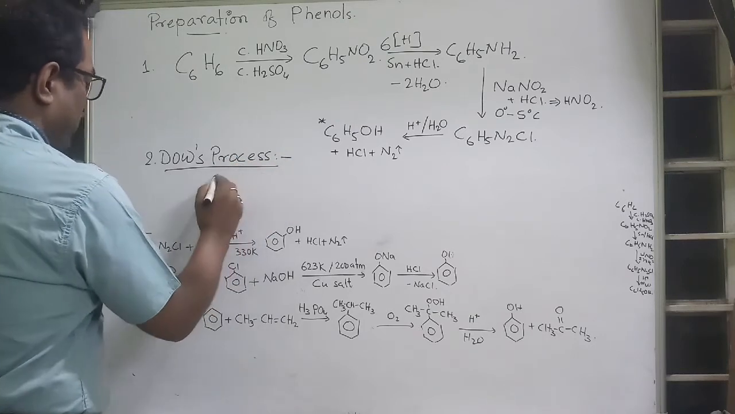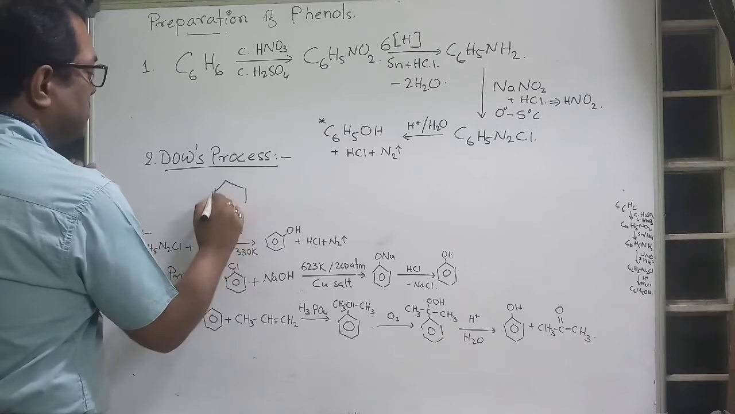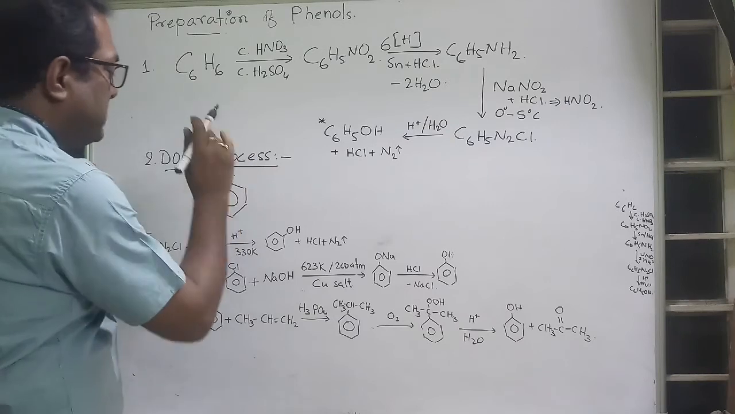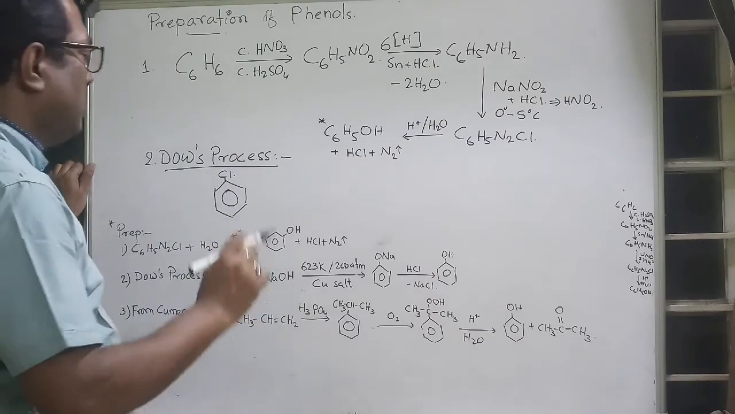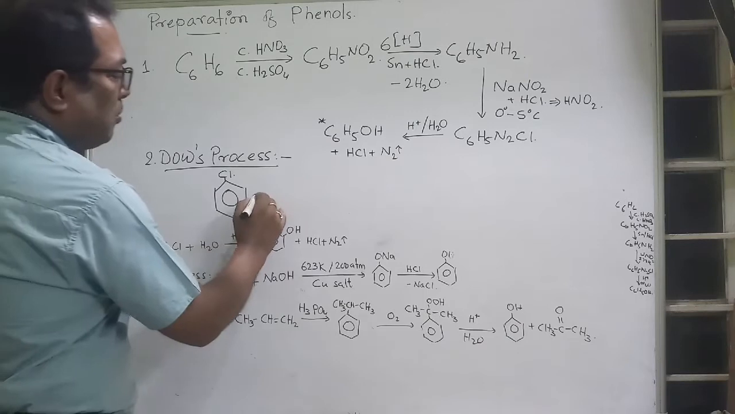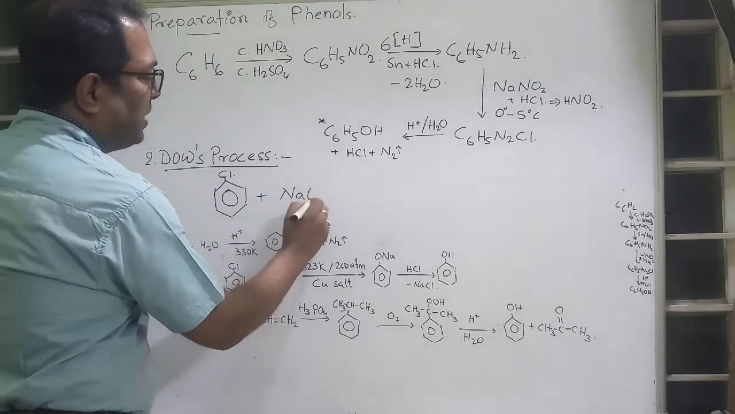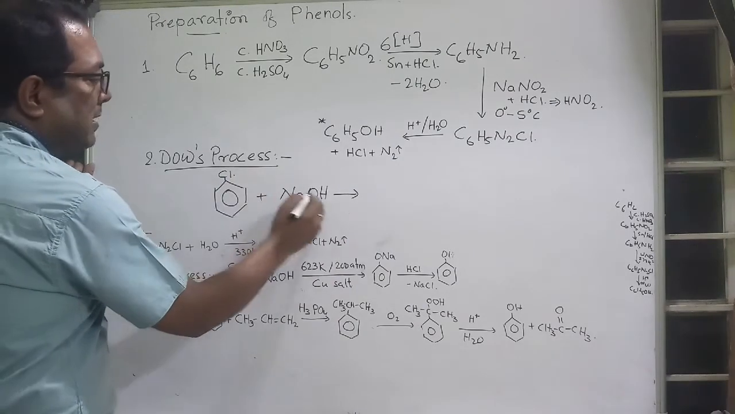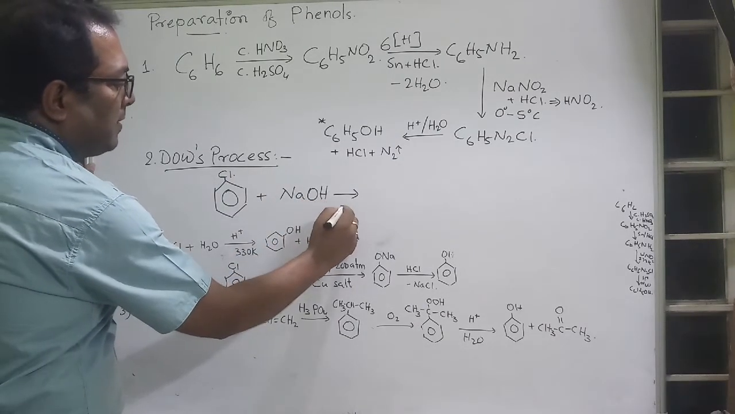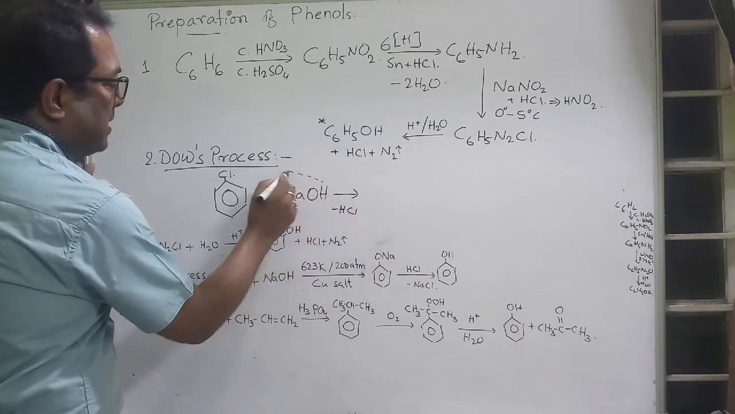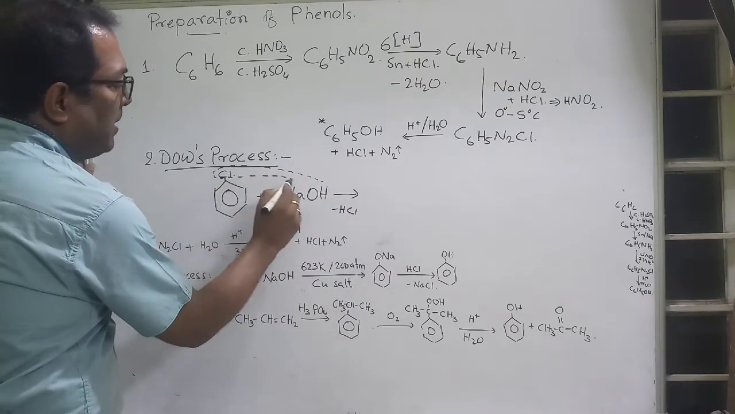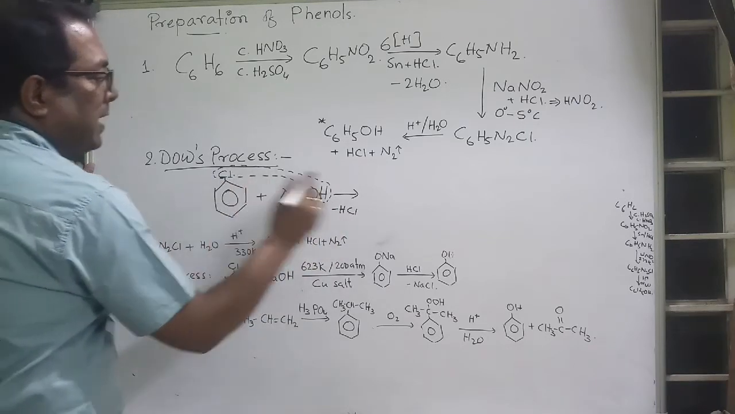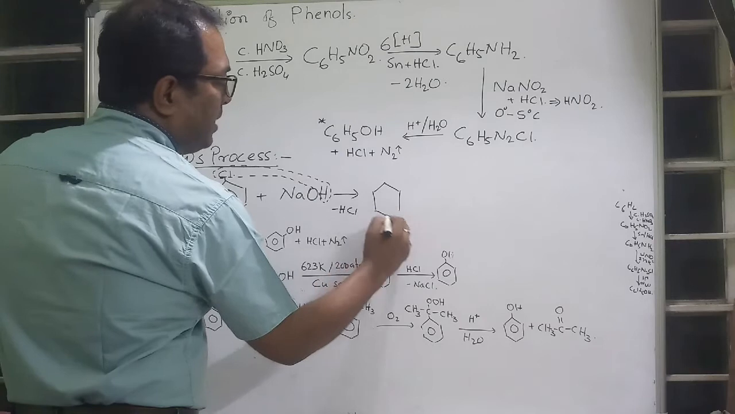What is that? When we take chlorobenzene and treat it with sodium hydroxide, you can see, students, this Cl will be taken off by this H and form HCl. So ONa gets attached